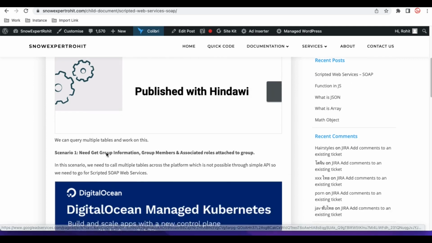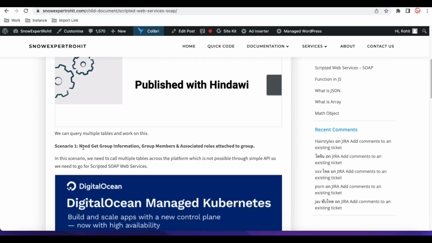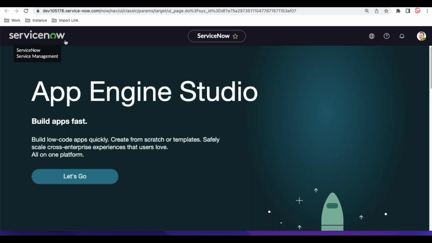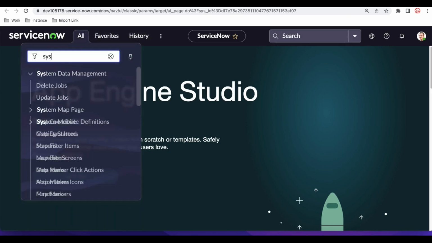Let's understand scenario one. In this scenario, we need group information along with that group's members and the associated roles attached to that group. So if I go back to the CS user group table,